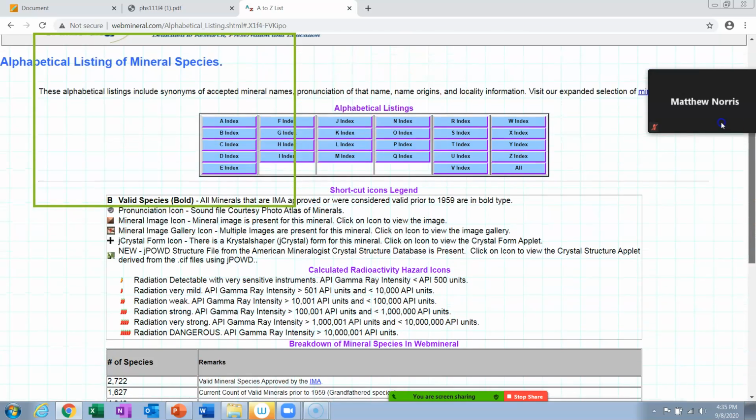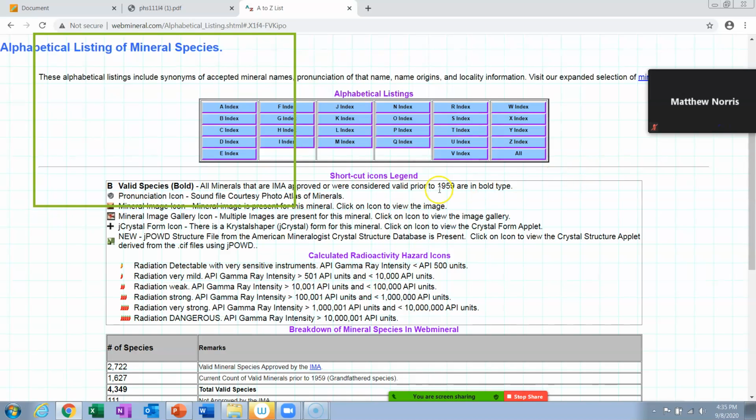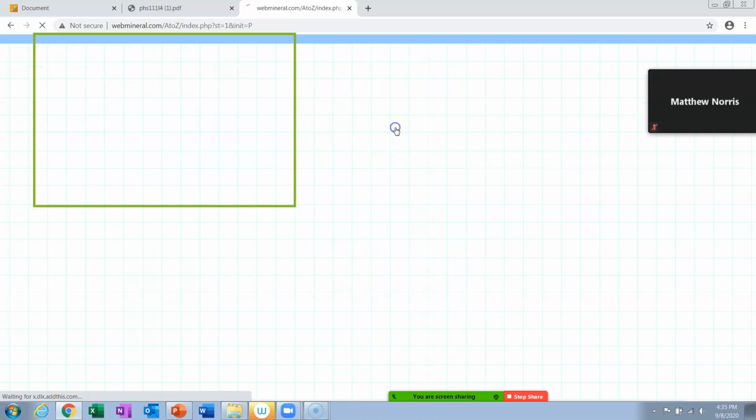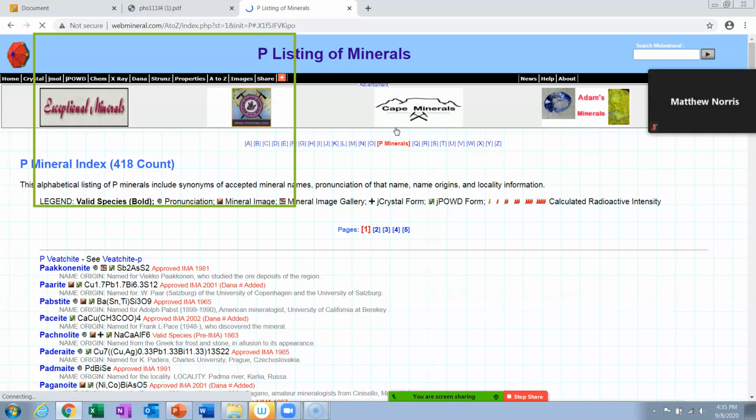You see the first part of A to Z here, alphabetical listing. A index, B, C, D, E, I. Then the next one is J, K, L, M. You can't see it, N, O, P. P index. Just like you see C index here, there's a P index over here off the screen. It's C index, H index, L index, P index. Click on the P, and that will get you there.